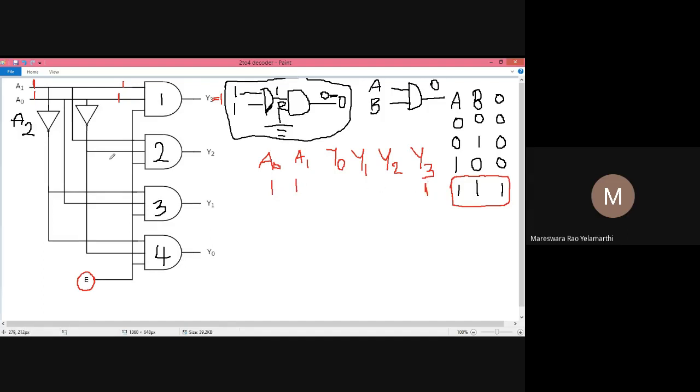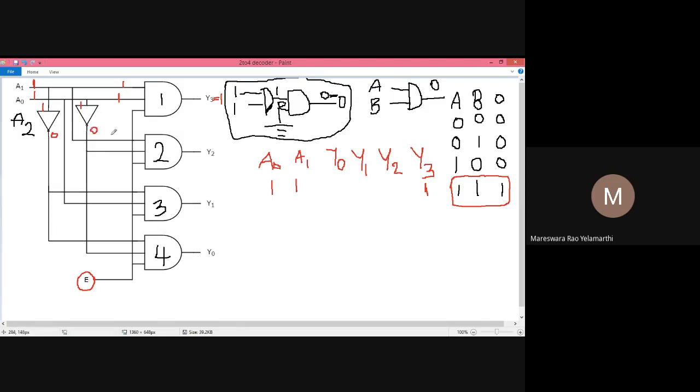So now I am going to apply the next gate to the same input combination. Here this gate is connected to an inverter. The input for this inverter is 1. So what is the output for this inverter? 0. It is going to give the complement of the input, inverter, not gate. So it is 1 means you will get a 0 here.